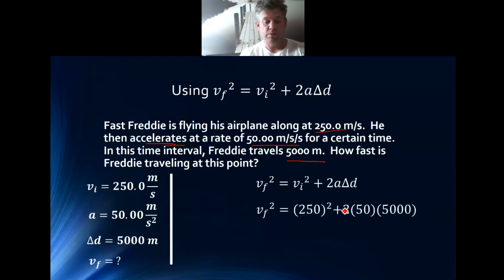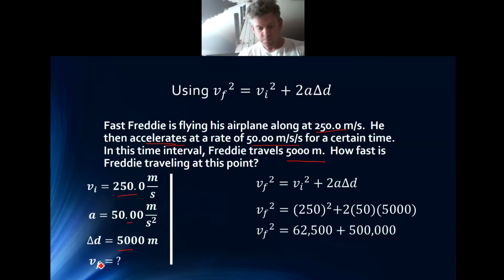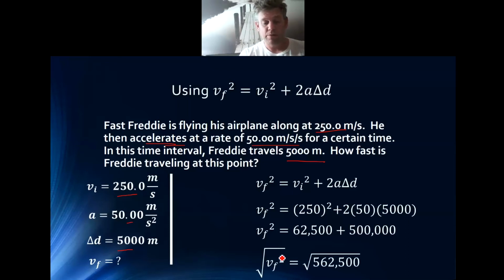So what we'll do is go 250 squared, right? That's our initial velocity, plus 2 times 50, our acceleration, times 5,000. Once you punch those in, we get 62,500 plus 500,000. All right, add those two together, we get 562,500. And then I'm going to take the square root to get my VF all by itself. I end up seeing VF is around 750 meters per second. Okay, so we'll run more problems with that. We'll twist these problems on Monday and really start to show you all the different forms